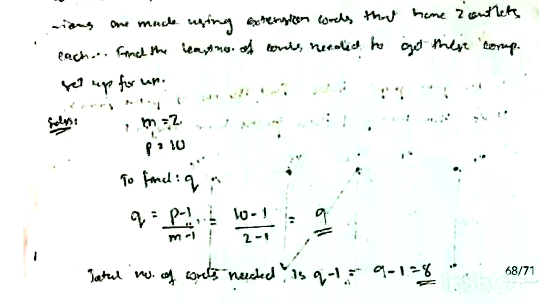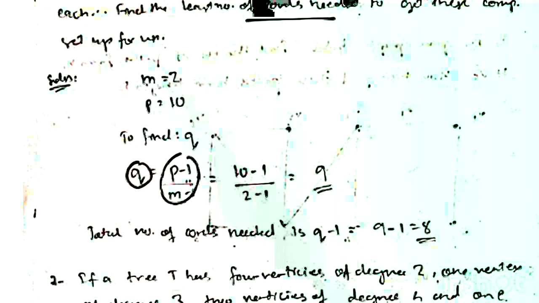So after knowing M and P, we can find Q, which is the number of cords needed, (P minus 1) by (M minus 1), okay. So applying that, we will get 9, and the total number of cords needed will be Q minus 1, okay,